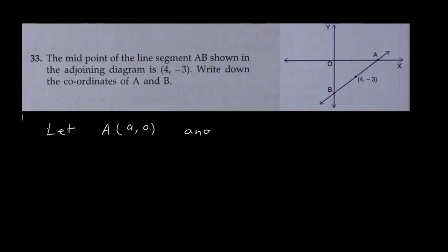We have to find the coordinates of A and B, and this 4 comma minus 3 is the midpoint. So let us assume this is point C, and C is 4 comma minus 3, the midpoint of AB. So therefore by midpoint formula,